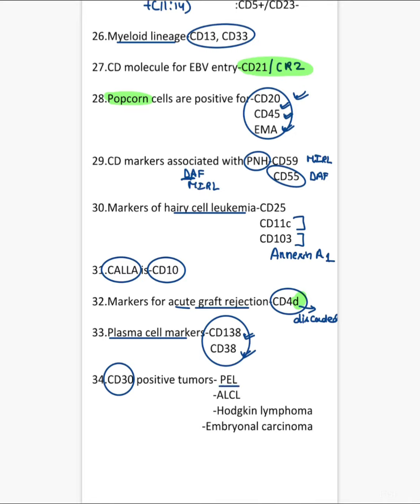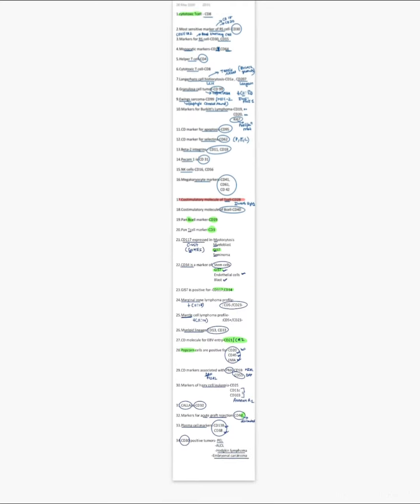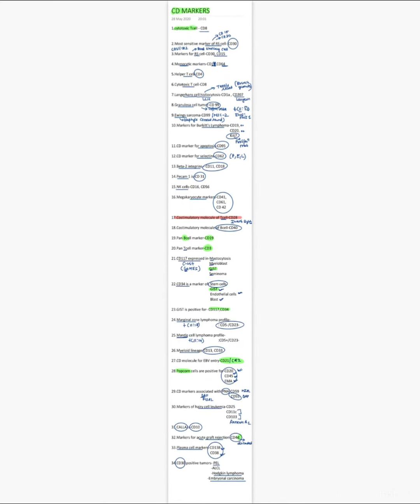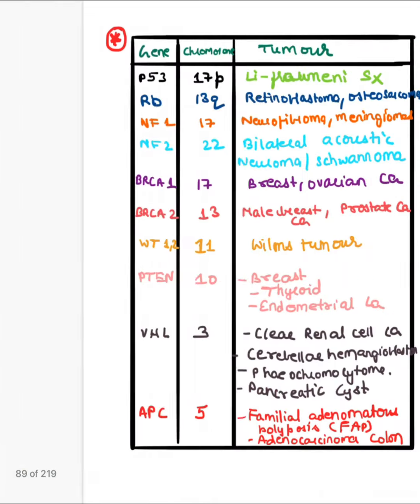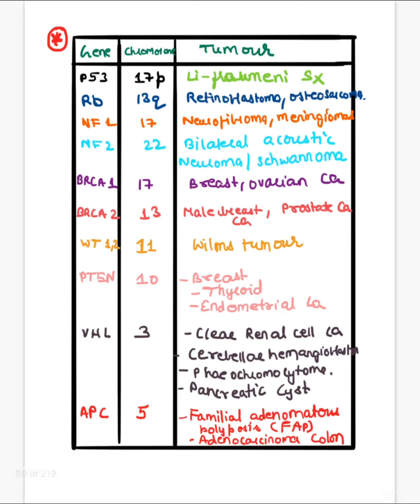Then you have ALCL, guys, where you see kidney or any form shaped cells. Then you have Hodgkin's lymphoma and your embryonal carcinoma. So this was all about the CD markers that you need to know, guys. This is basically the summary of your CD markers table that you must revise before going to the exam. Now moving on to the important genes, that is a very volatile thing that you need to